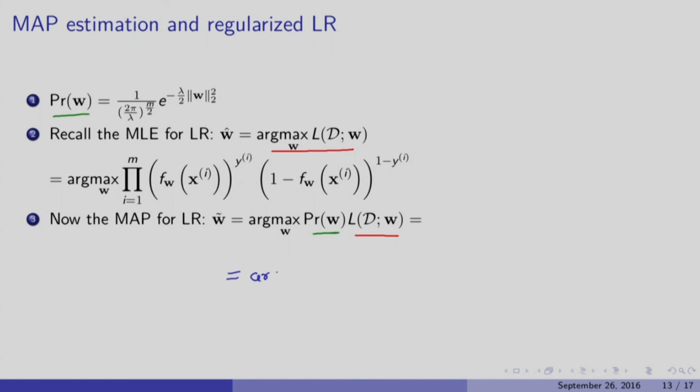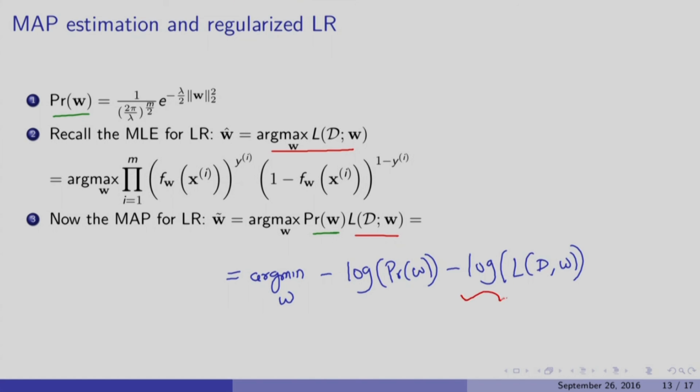This is nothing but argmin over W of minus log of the prior minus log of the likelihood, and we know that the minus log of likelihood can be simplified to cross entropy loss,